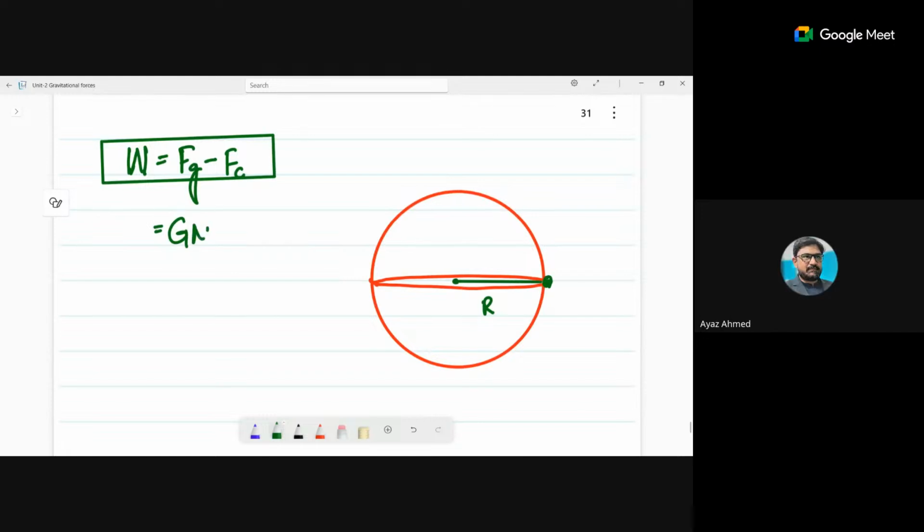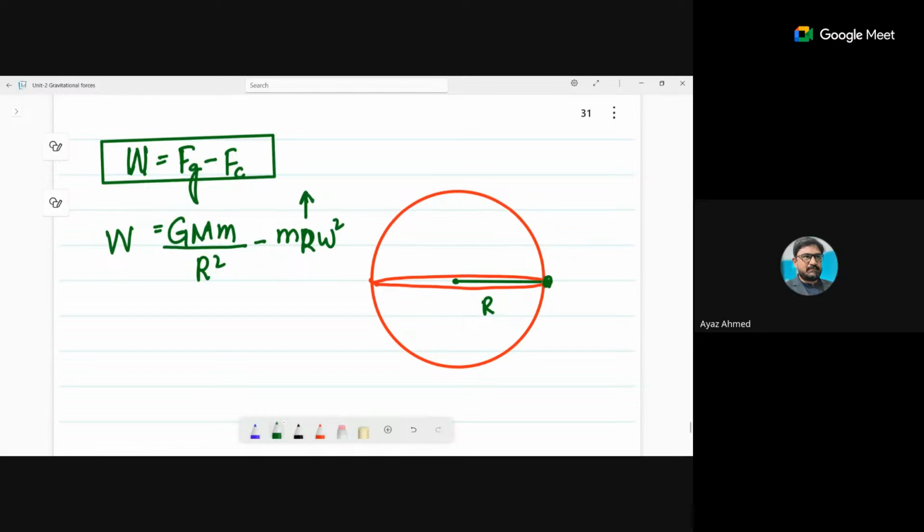Or I will simply say GMm divided by R square minus mv square divided by R. I can use that formula. Simply speaking, because that is on the surface of the earth, it will follow the spin of the earth. So you can say that it will have m R omega square rotation here. Okay, so basically as this force increases,